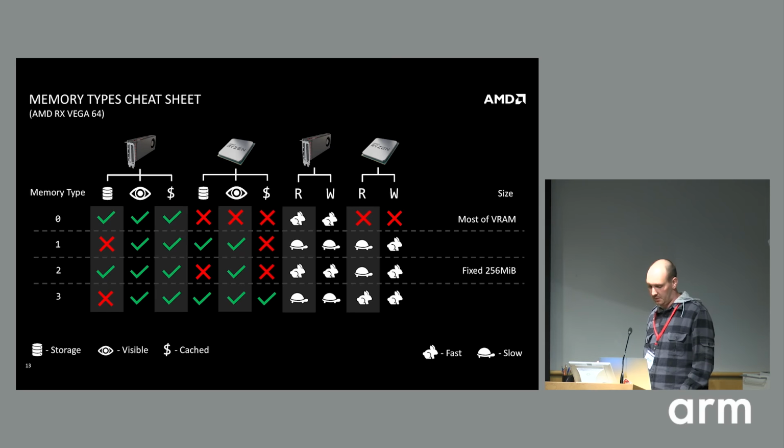And finally, type 3 down the bottom. Now we're back over in host memory again. Except we've got ticks all the way along. So we can see it and cache it on the GPU. We can also see it and cache it on the CPU. So what does this mean? It means that